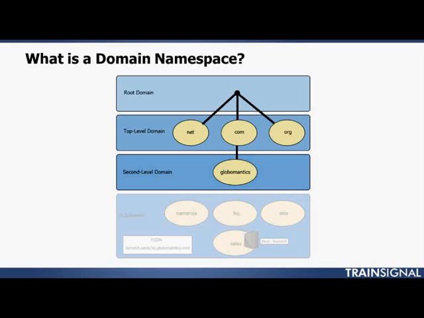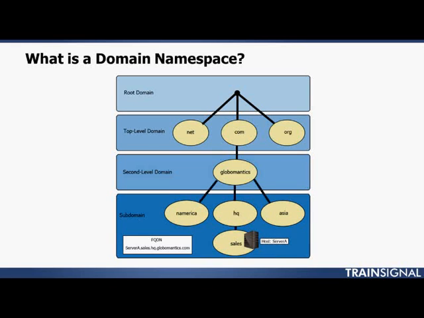From there, we move into our subdomains. And so again, in an example of www.trainsignal.com, the www is a subdomain. And we'll even learn a little bit later on that technically www usually is not an actual subdomain. It's an alias. Okay, but let's move away from that Train Signal example and stick with the Globalmantics